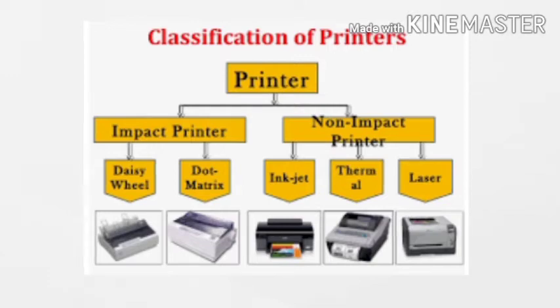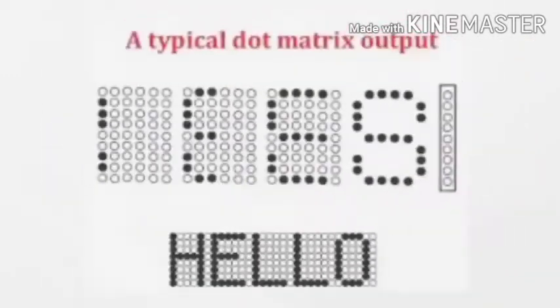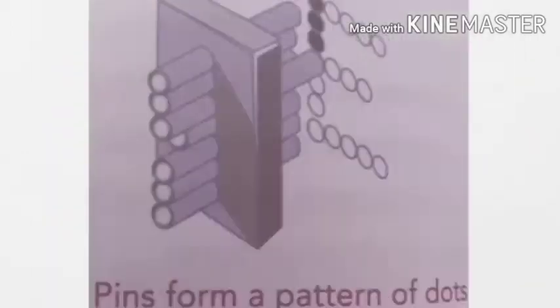Dot matrix printer was very popular, and at one time it was the most popular low cost printer. They were low cost because they were inexpensive. These printers are usually cheap and durable, though their output quality is the lowest of all types of printers, because they print in the form of dots, as its name is dot matrix printer. Dot matrix means it was printing in the form of dots, because there were small pins there.